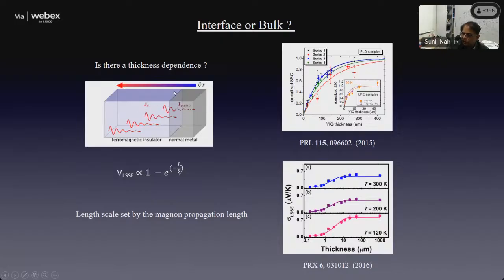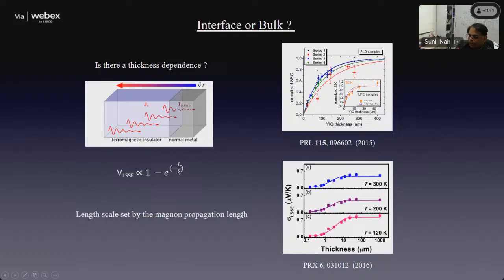So this is a ferromagnetic insulator. This is a normal metal. I am applying a delta T and I'm pumping magnon current, which at the interface gets converted to an electrical voltage. So I do this measurement with very different thicknesses of my magnet and try to get a sense of what is happening to my spin-Seebeck voltage. The measurement would look something like this. What it shows you is that after some point, the signals saturate. That then reassured the community that what is happening is that the length scale, and this is something which I've talked about earlier in my lectures, is actually dictated by the magnon propagation length.